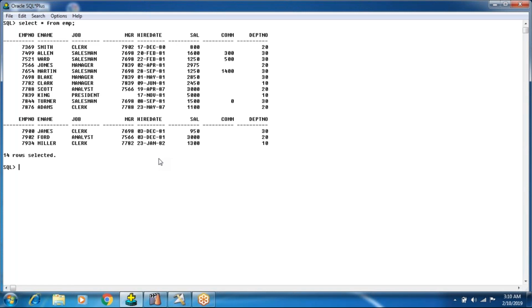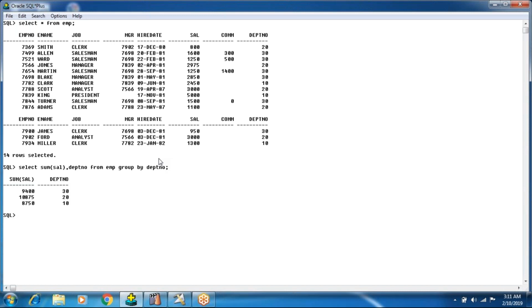This is the EMP table, and I have detailed information here. I have each and every employee's information of each and every department, but I want to have summarized values here. Like I want to see how many departments are there, and for each department how much salary we are providing. Now, to do this scenario, I'm going to write a query in this way. Select sum of sal and department number from EMP group by